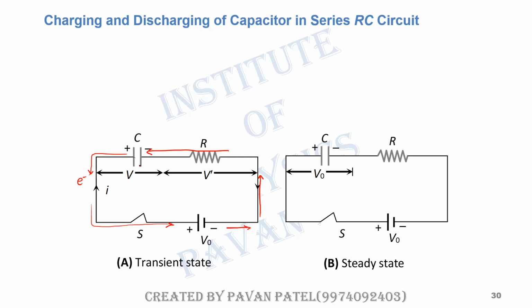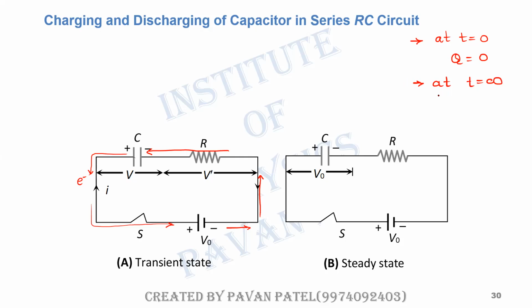and the second plate of the capacitor will be negatively charged. Initially charge is 0, so we can write that at t equals 0, charge on the capacitor is 0, so q equals 0 at t equals 0. And of course as time goes on, charge on the capacitor will increase. So at t equals infinite, t equals infinite does not mean infinite time. It means give enough time so that the capacitor will be charged.